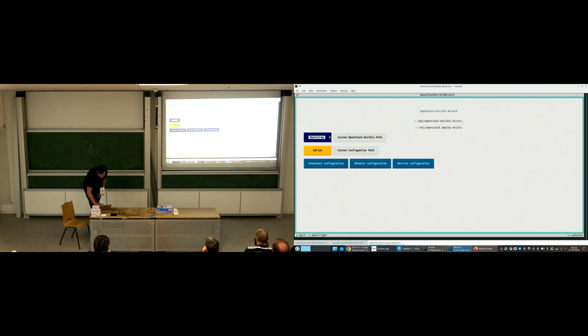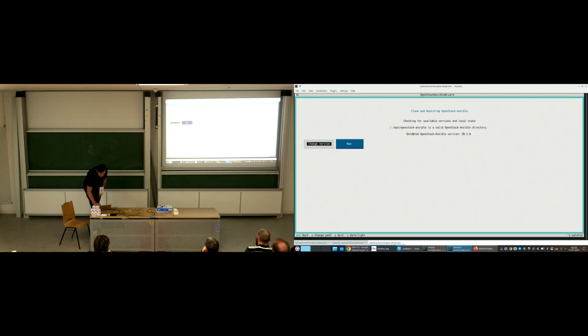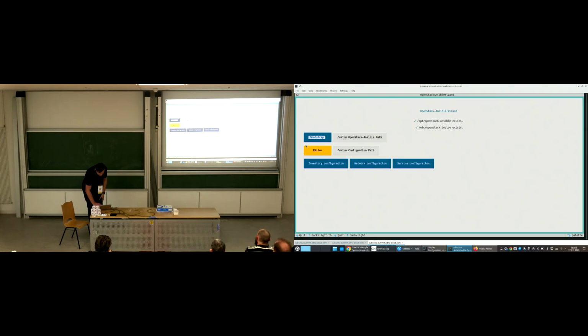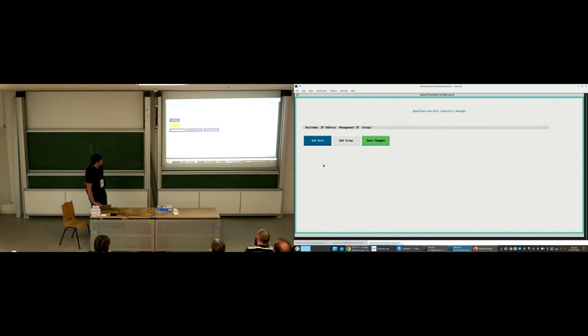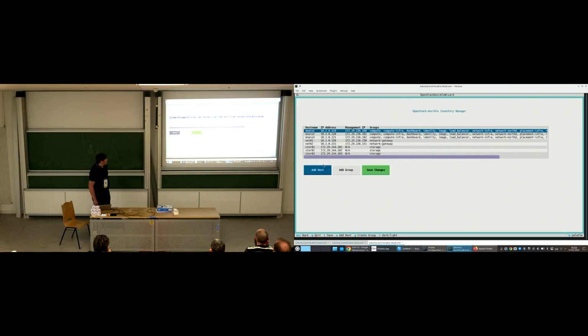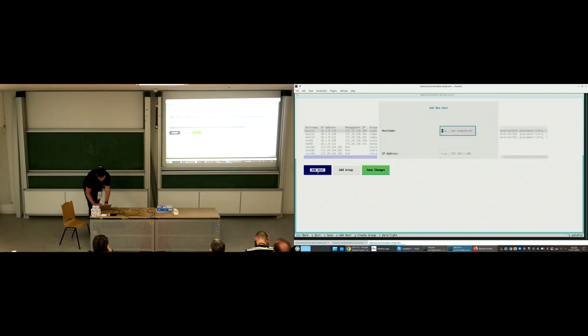So now if we return back, we can still press bootstrap version, but you will see that it's already selected, and we can change versions through the same process, reset the state, or try to upgrade to a different version. But now we have these buttons already active, so we can manage hosts. I created some kind of test environment, and we can try to add new hosts, for instance, to the storage group